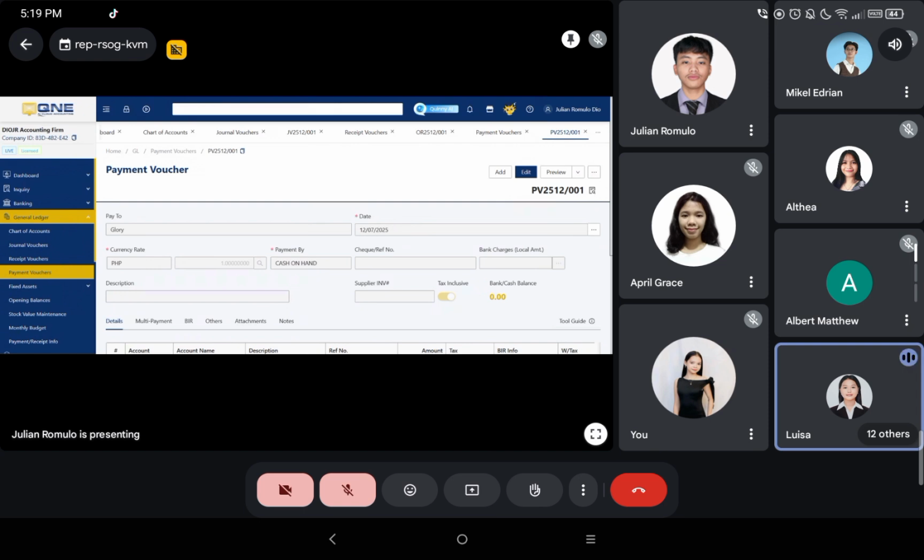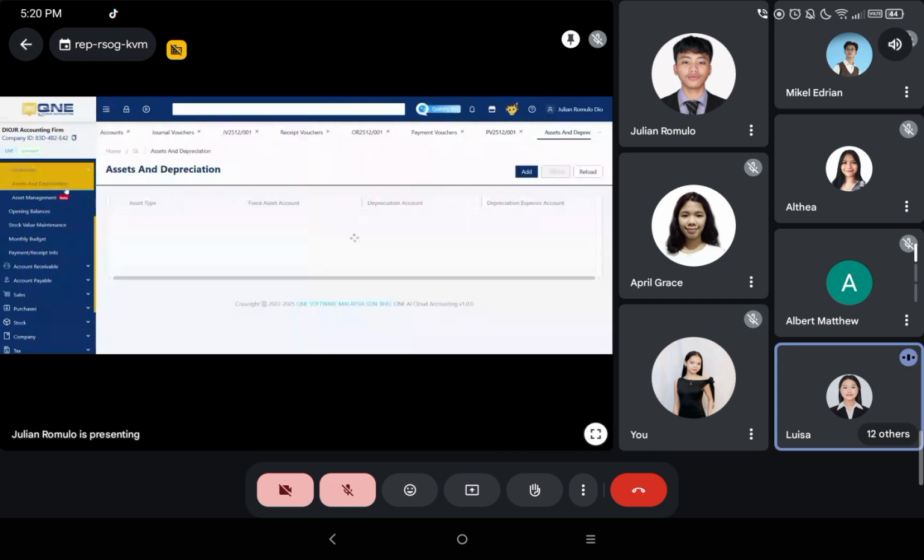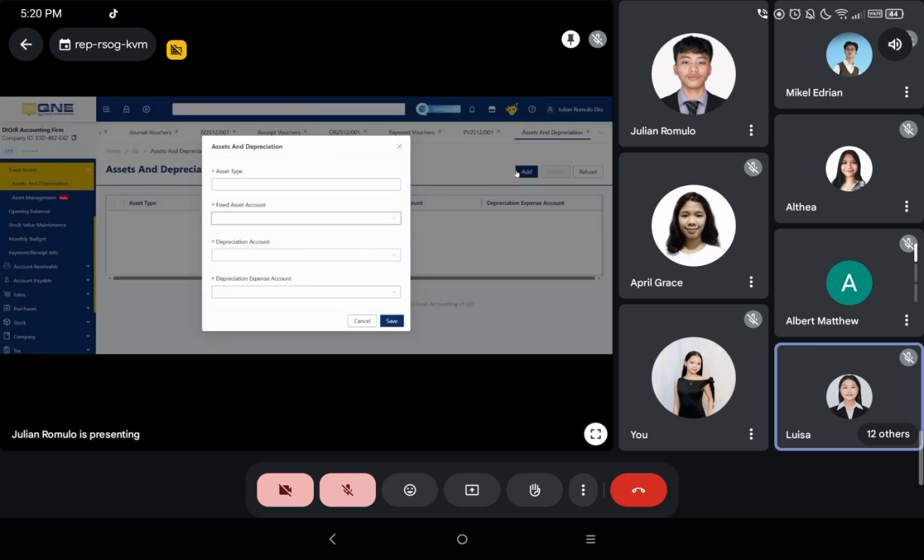For asset and depreciation, please click Fixed Asset and choose Asset and Depreciation. Click, and then click the Add button. Here, you can type and select which type of asset will be depreciated.